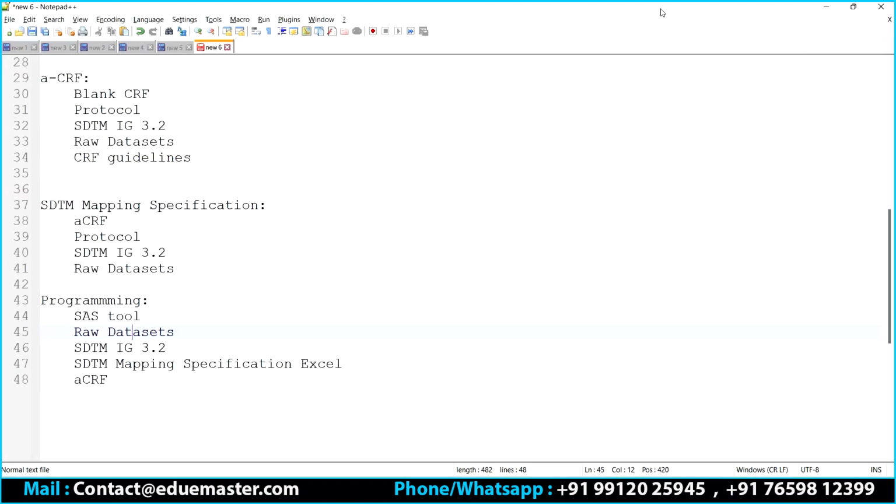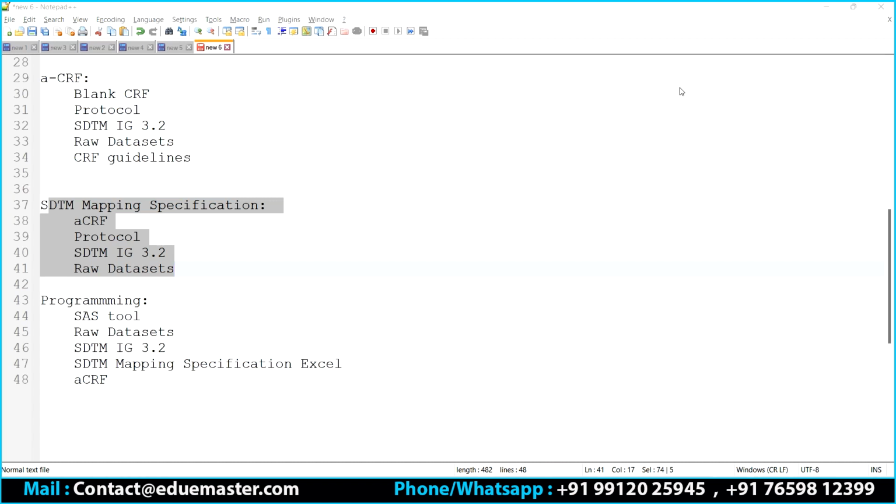Guys, is that clear so far? Can I have a quick confirmation? Right? Still, the SAS programmer role is not here. So up to this, there is no SAS programmer. The SAS programmer role is about to start from the SDTM mapping specification. If you are the one, there is no history available.